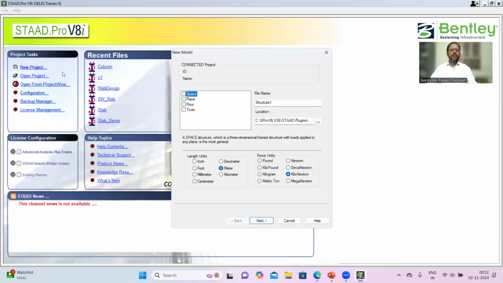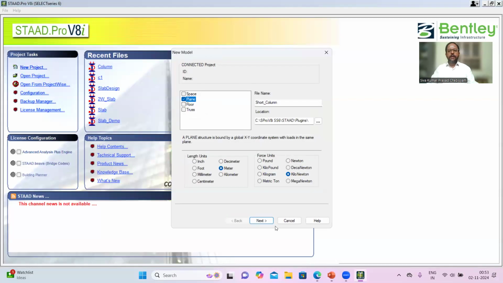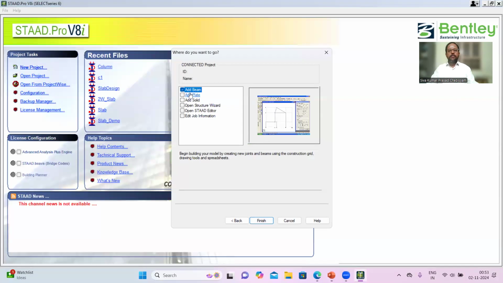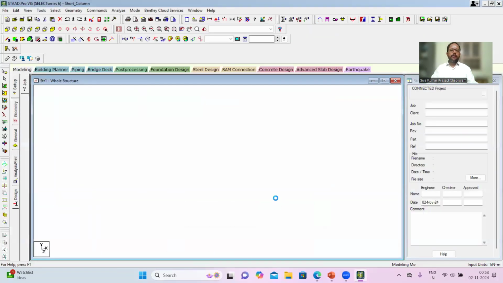So click on new plane. I'm just naming the file name as short column. Length is in meters and force units are kilonewton. Click on new. So this is plane. Click on add beam, finish. We'll get a